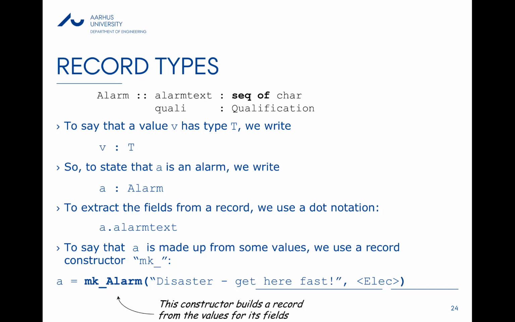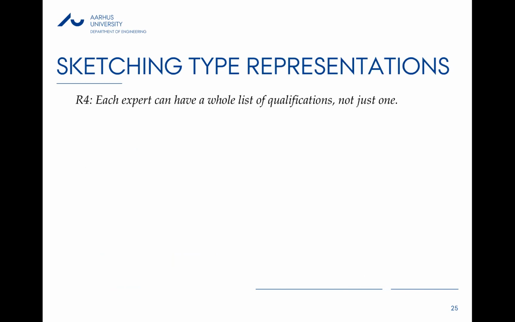This kind of make_alarm is like a constructor. It's building a record from the values of its fields. If we continue, then alarm requirement R4 said that each expert can have a whole list of qualifications, not just